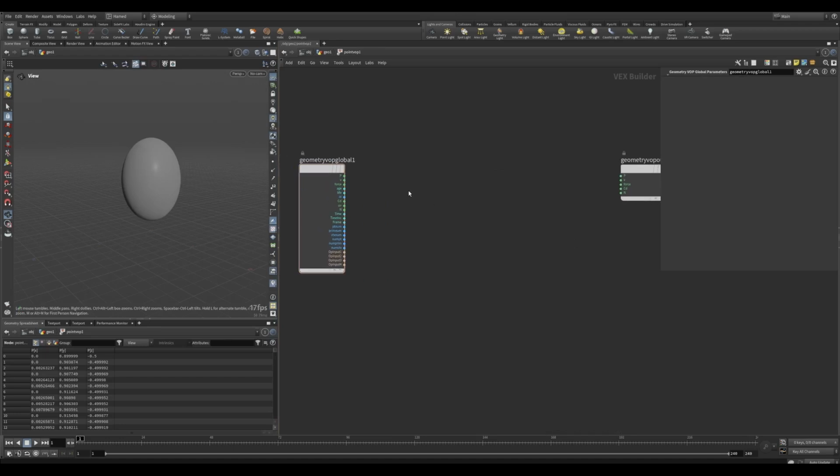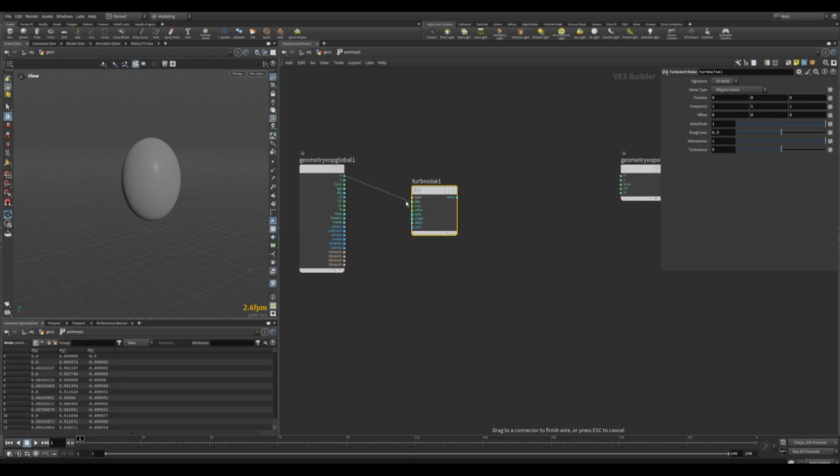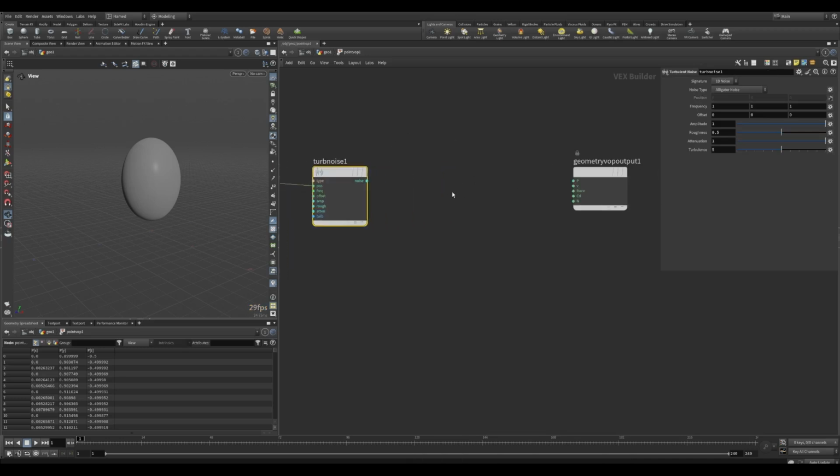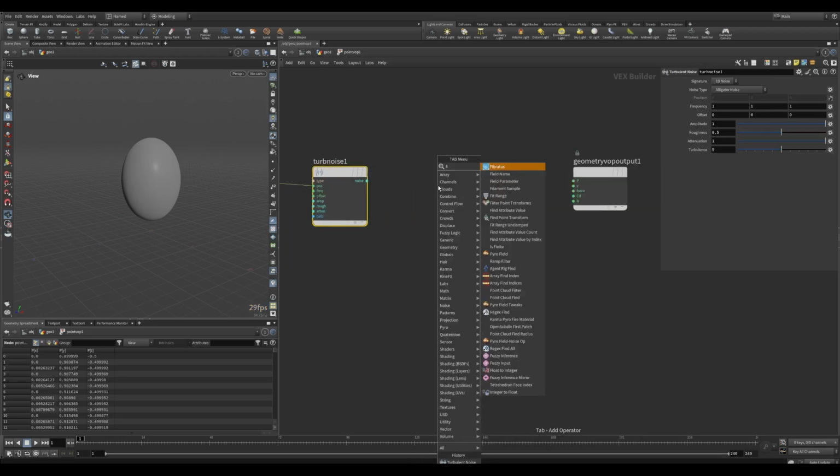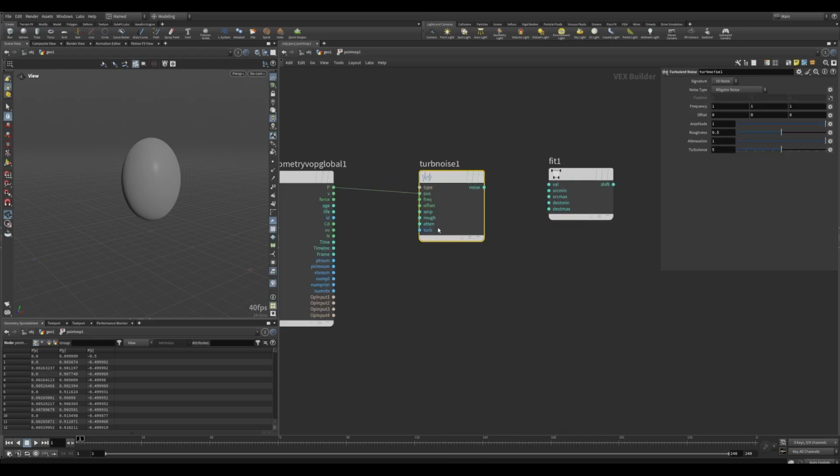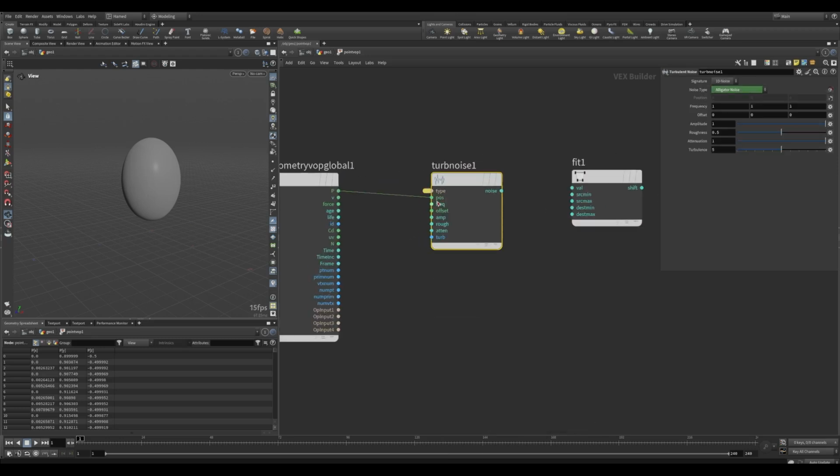So we are going to put a turbulence noise here. Then we're going to put a fit node, and this turbulence node, we are going to promote all of these